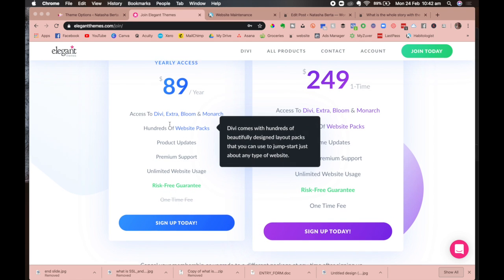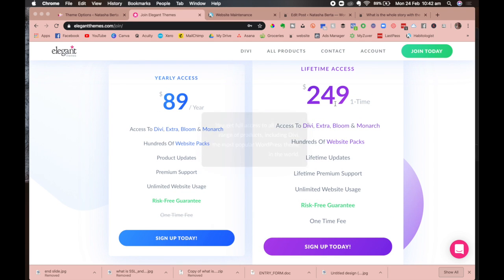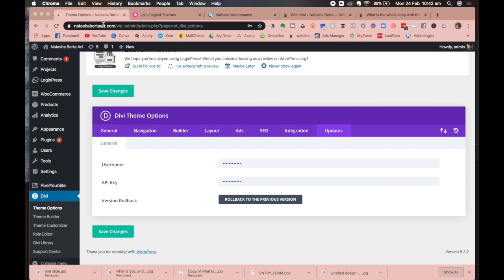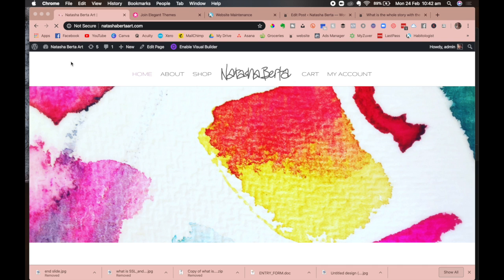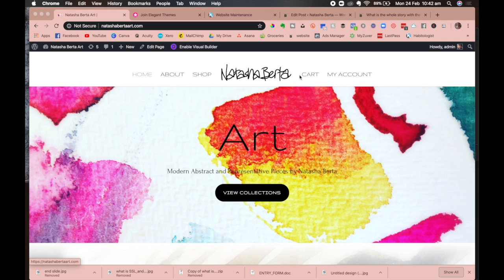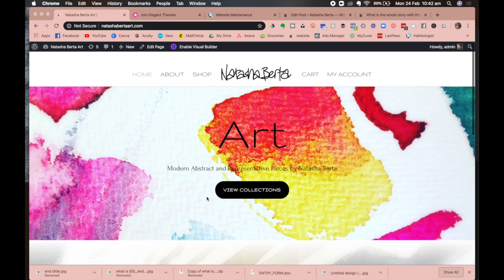If you want to trial it, you might buy it for the year, and then for someone like me who makes websites all the time and who just loves it, this made a lot of sense for me. So when I purchased, I got given this username and API key. And what the theme controls is basically, like I said, where the logo and navigation can sit, the page width,